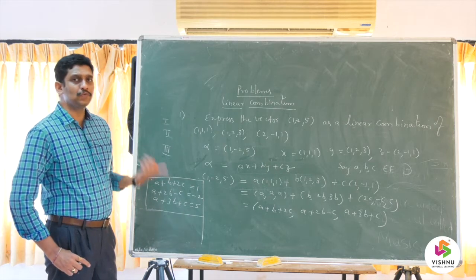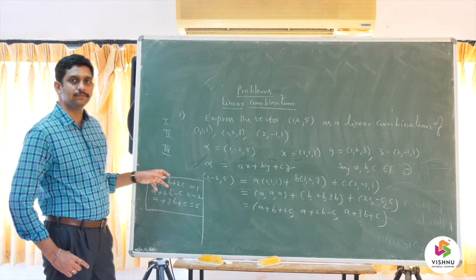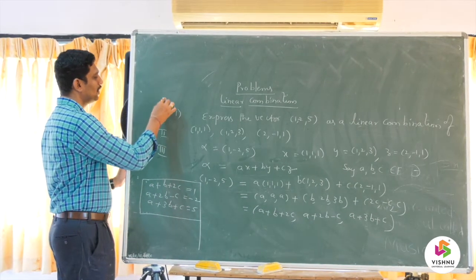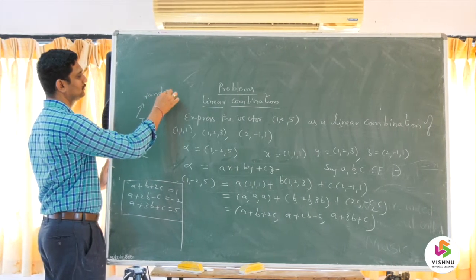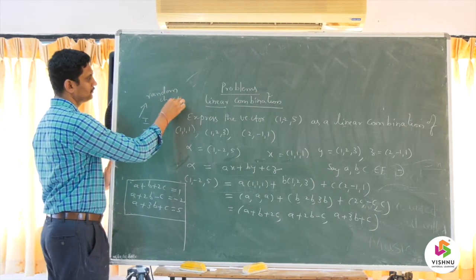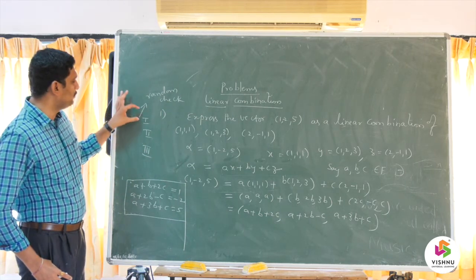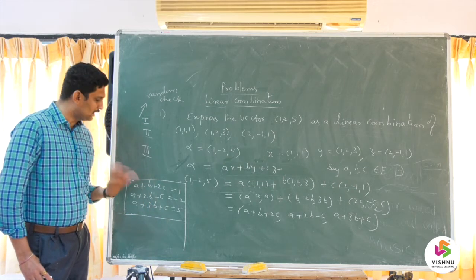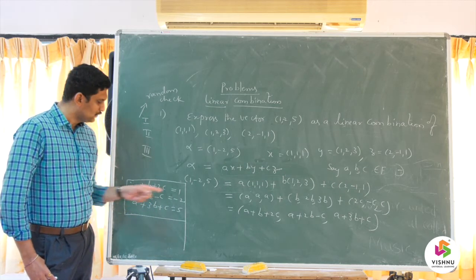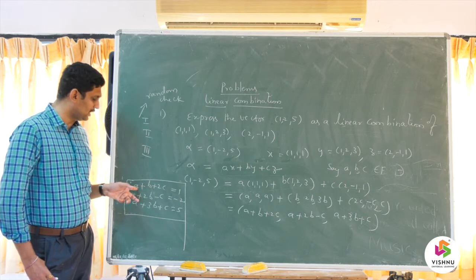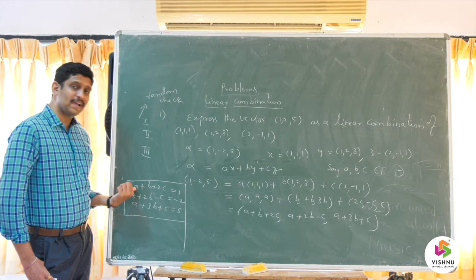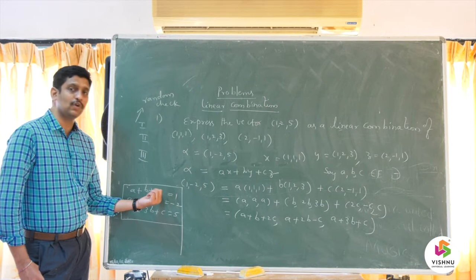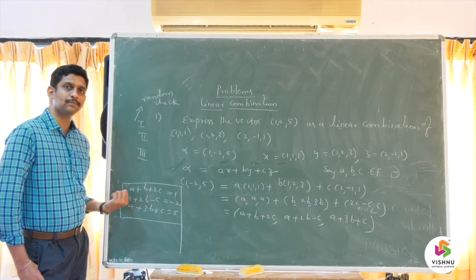So you can make use of any one of the methods, right? So what is the first method? It is nothing but a method of random check, you can say. Of course, we don't make use of this method. So random check is very simple. So randomly you check what numbers I can take in place of A, B, C. Let me say, to satisfy the first equation, if I take A equal to minus 1, B equal to minus 2 and C equal to 1, will it satisfy or not?